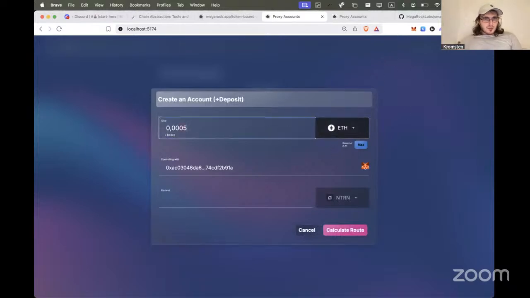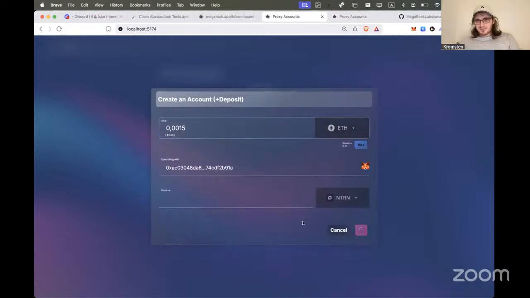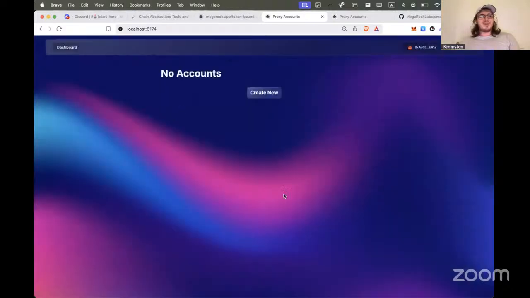Then I can use a couple of dollars and create an account and do an action on Neutron. For some reason, there are no routes here, which shouldn't be the case. All right, I'll do the demonstration of creating proxy accounts later.